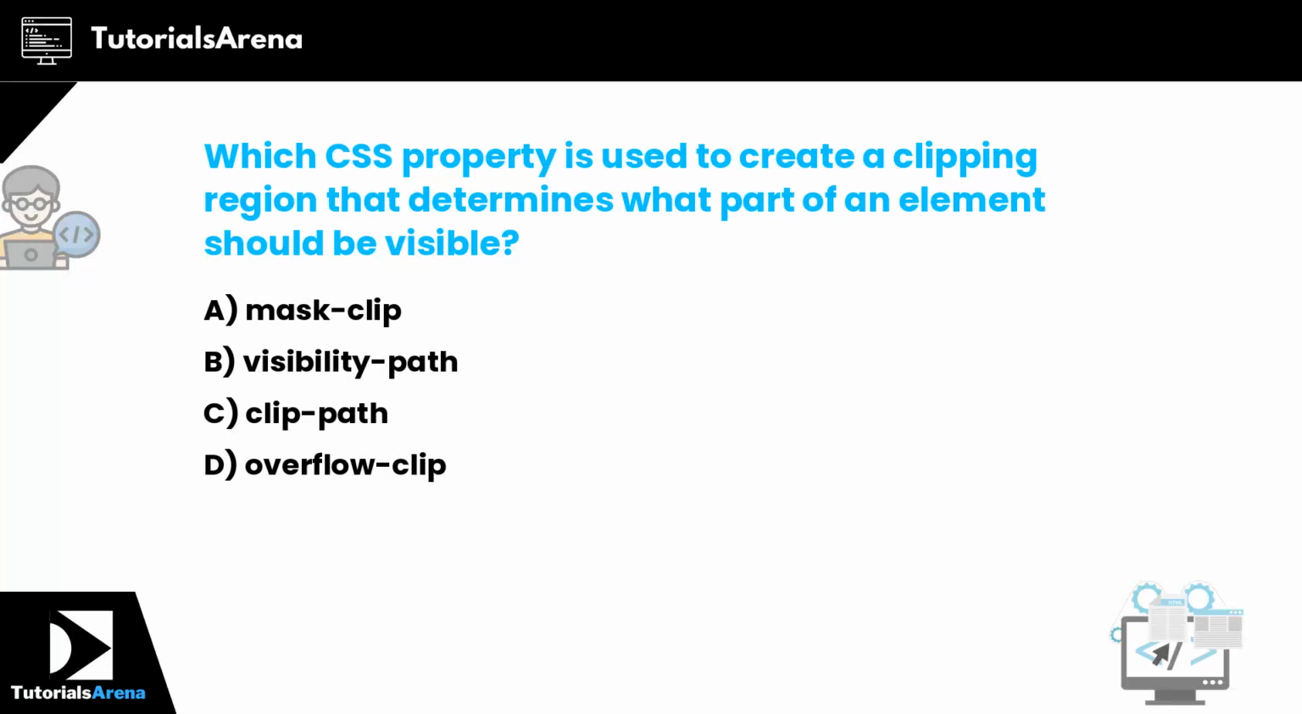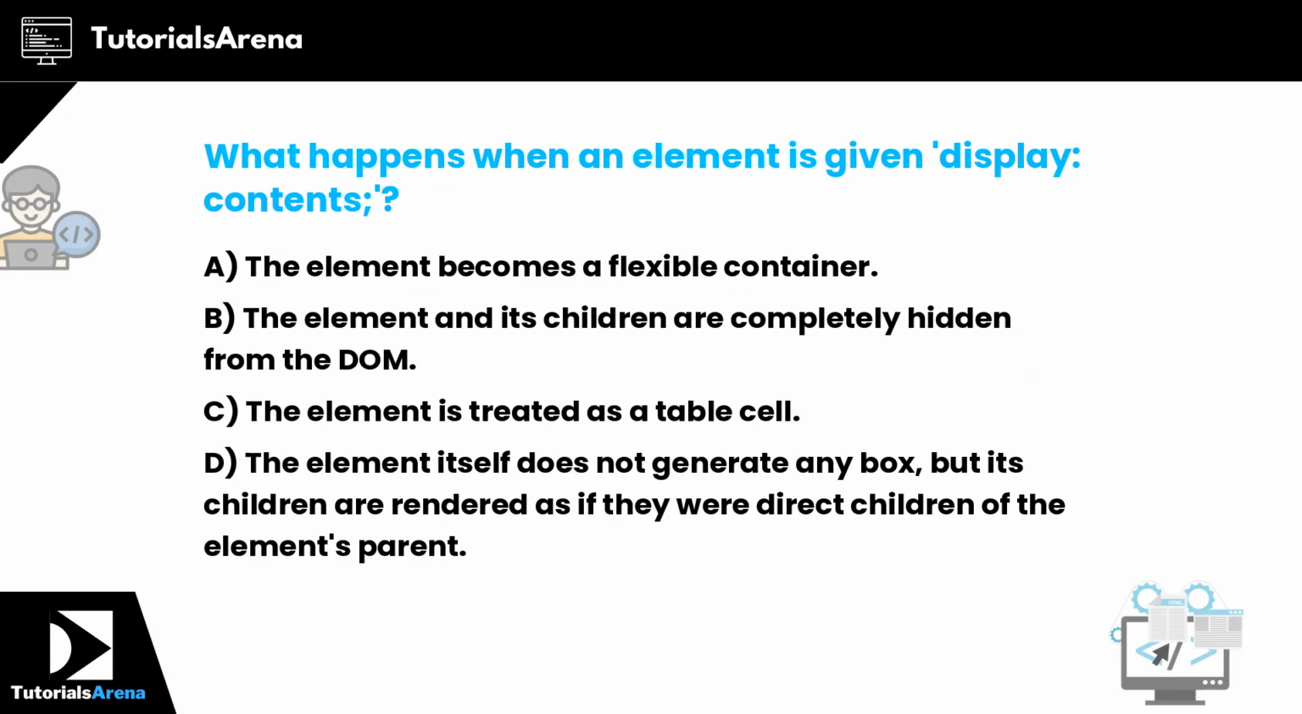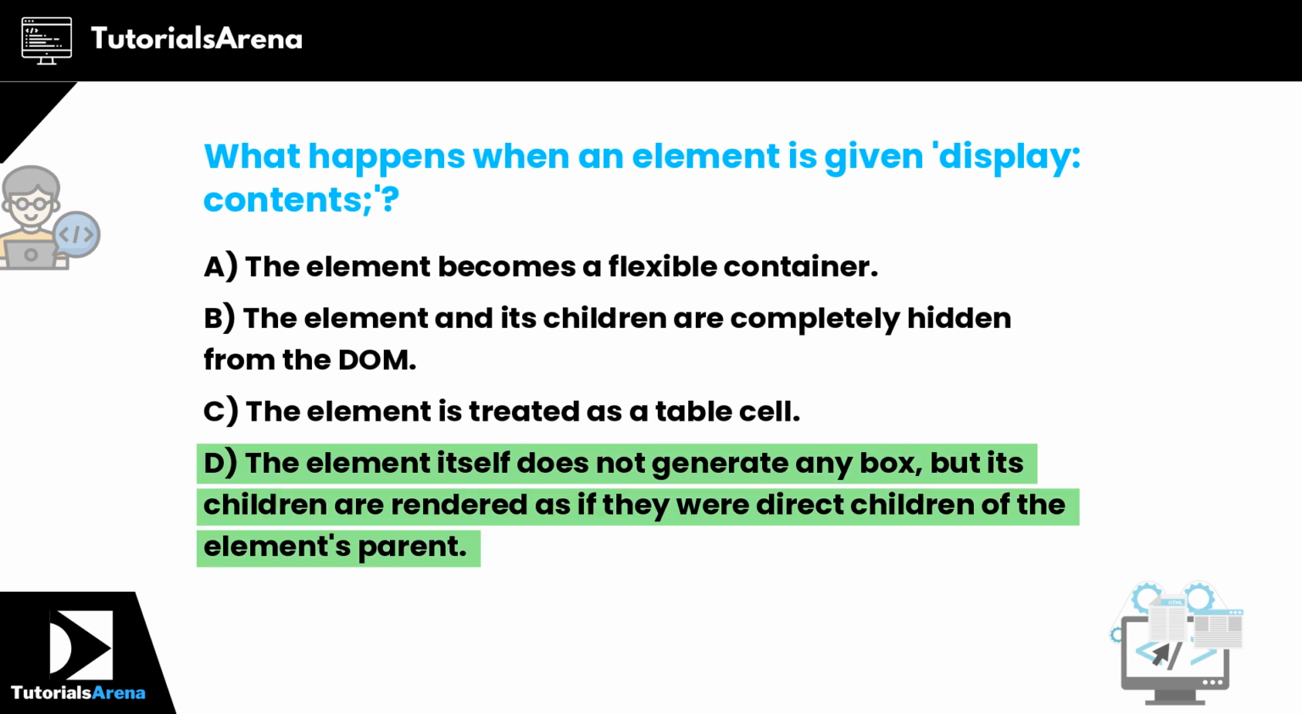Which CSS property is used to create a clipping region that determines what part of an element should be visible? The correct answer is option C, clip-path. What happens when an element is given display: contents? The correct answer is option D. The element itself does not generate any box, but its children are rendered as if they were direct children of